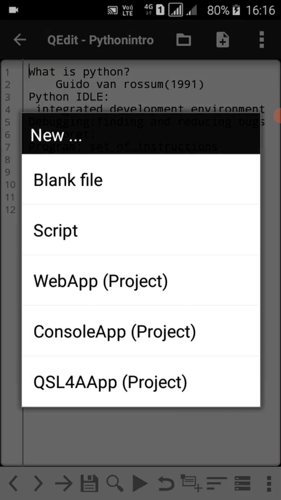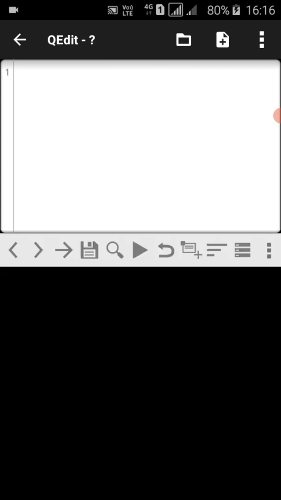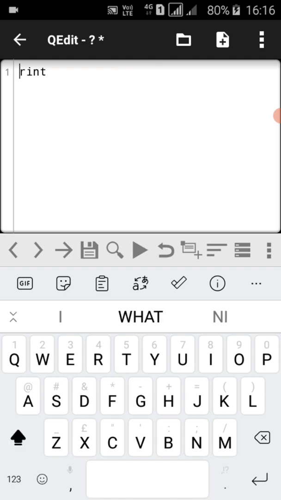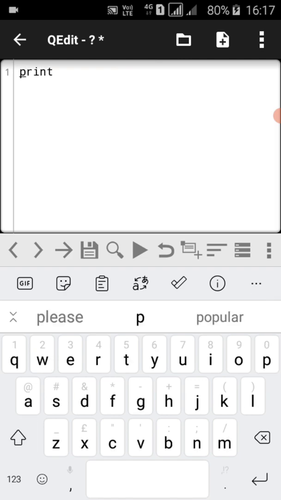Now open a blank file. Now type the Python statement in this file. Print, we want to print hello.